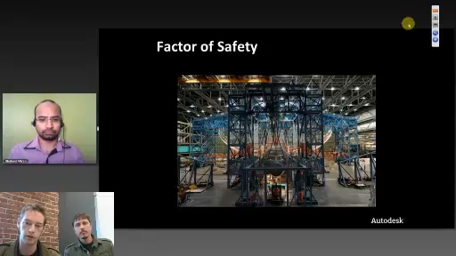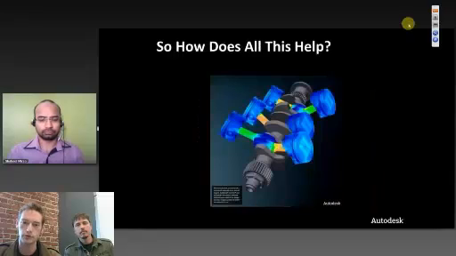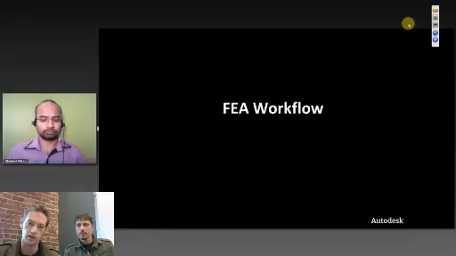So next, I want to talk about the workflows of how you do all of this, and the question is, how does this all help? What you're going to do is take all this knowledge of stress strain curves and put it into these workflows. You're going to do this analysis, and you're going to come out with a useful number at the end, a useful image. So next up, we can see the overall workflow for selecting FEA or CFD